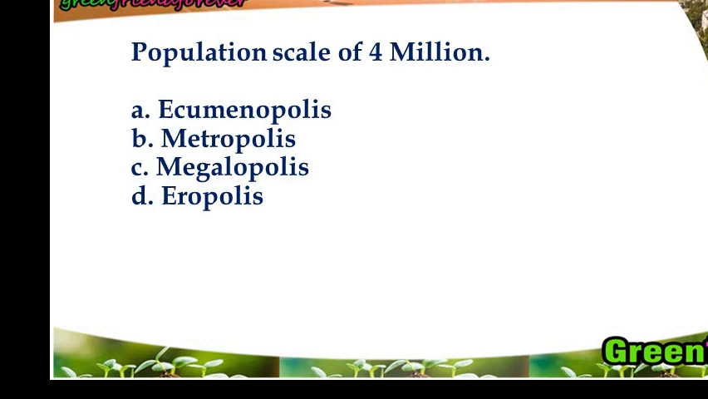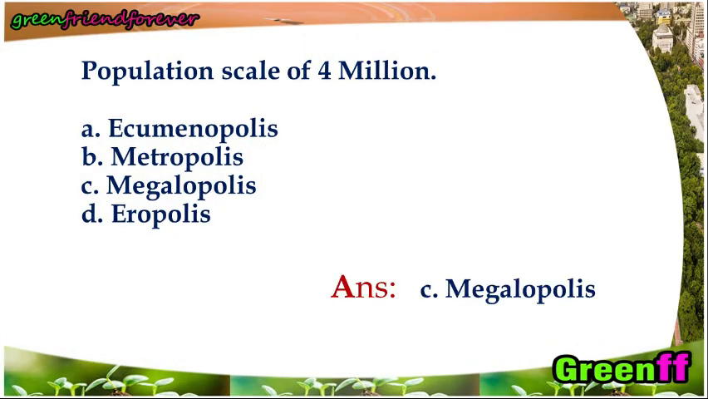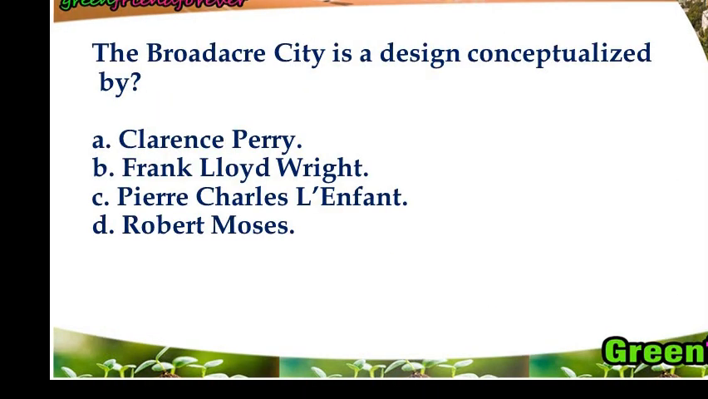Population scale of 4 million. A. Ecumenopolis. B. Metropolis. C. Megalopolis. D. Aeropolis. Answer: C. Megalopolis. The Broadacre city is a design conceptualized by